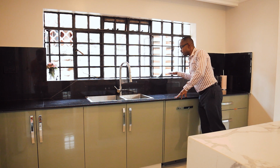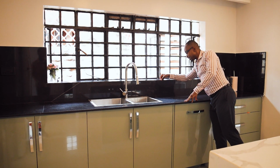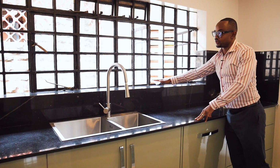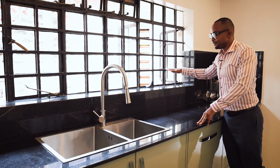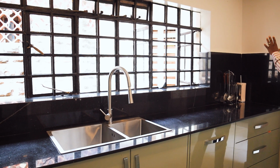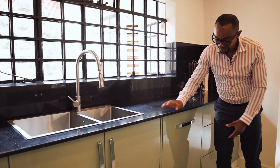So we have, this is the window, we do your backsplash like that. We have the edging in 45 attached nicely, neatly, and then it comes and works as a top on this other side. So you can use it to place vases, and you can put your soap dishes and all manner of whatever there, and it becomes decorative. Look at the way it's finished, beautiful. Look at the combination of the whatever. This is actually